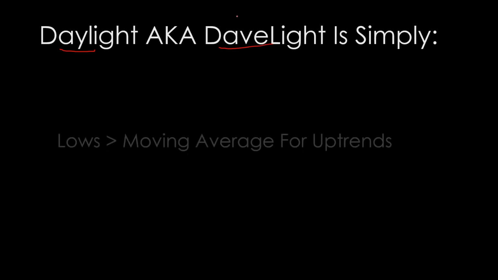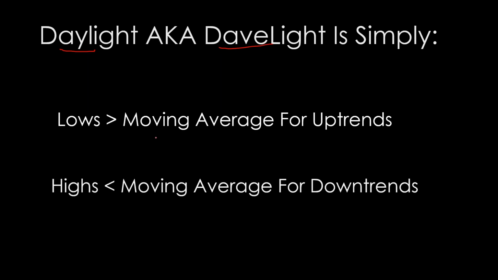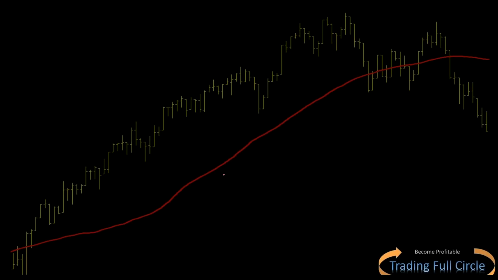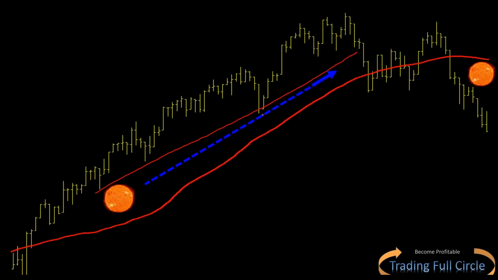So daylight or DaveLight is simply the lows are greater than the moving average for uptrends, and the highs are less than the moving average for downtrends. So this is what that looks like on the chart. This is upside daylight. The lows, again, are greater than the moving average. You could basically draw a line or draw an arrow if you wanted to help you illustrate DaveLight. So you can see here these lows for this entire trend are above the moving average, and now we have a downtrend beginning, and the highs are below